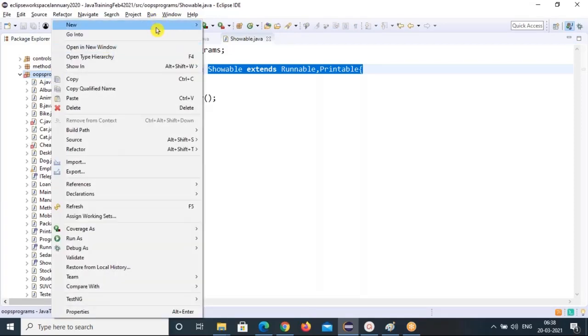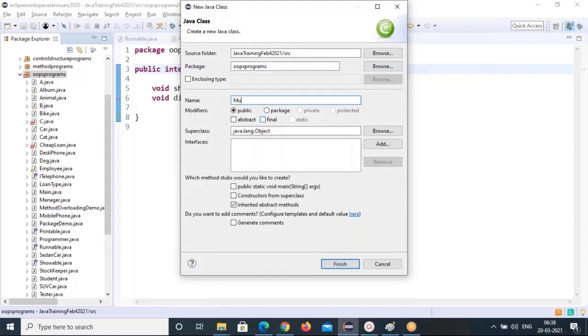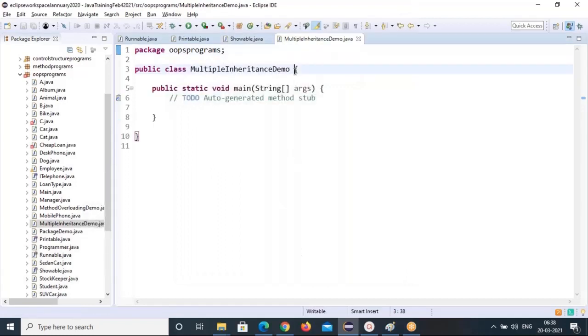Let's implement a new class. You create a class, multiple inheritance demo, and take the main method, click on finish. So just implements, what is the class?